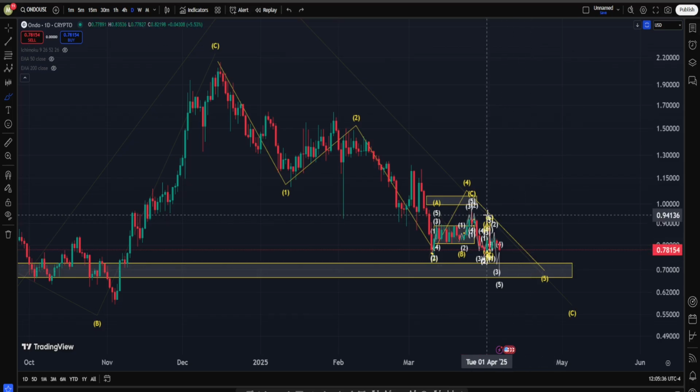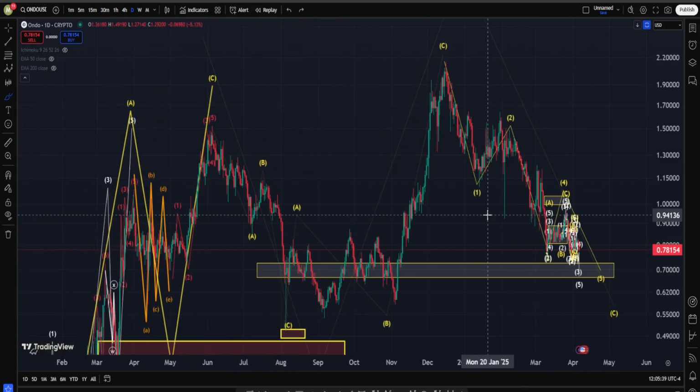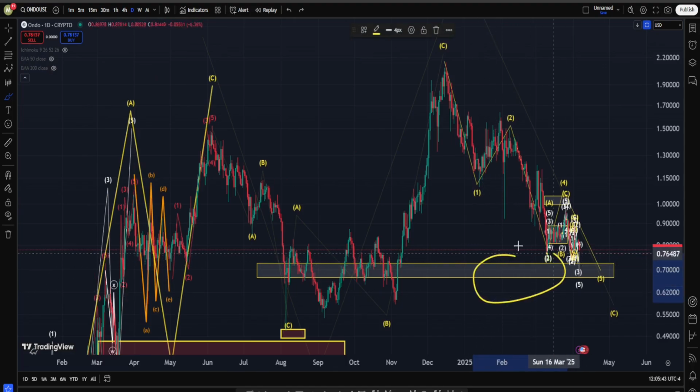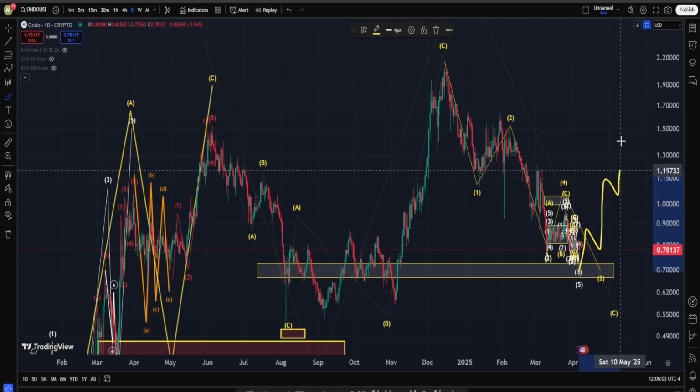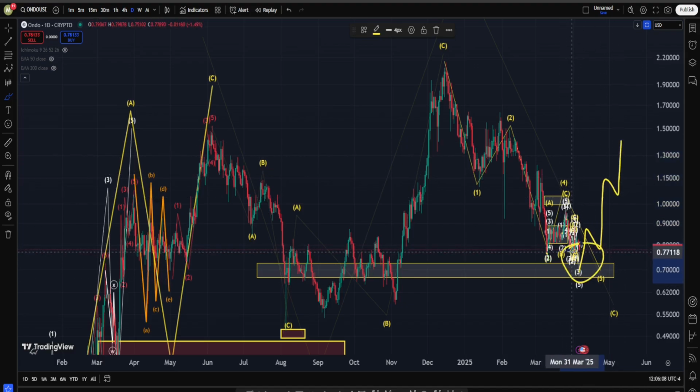Now, here's a very important point. I believe in ONDO, you should pay very close attention to this unbelievably important support area, and this might be the make it or break it level that is going to determine whether we're going to have in here a running or maybe an expanded flat. If in ONDO we get a very strong bounce back from this area in form of a 1, 2, 3, 4, 5, at that point you are going to see me calling this point our final low